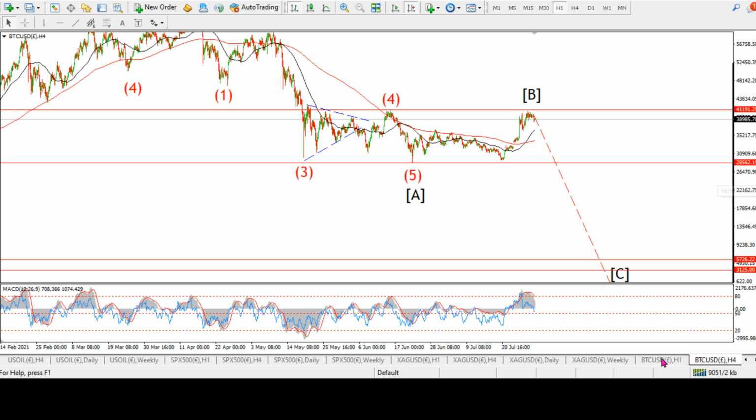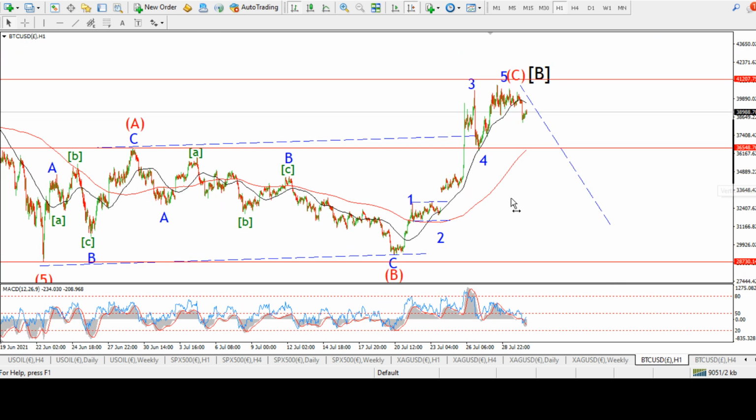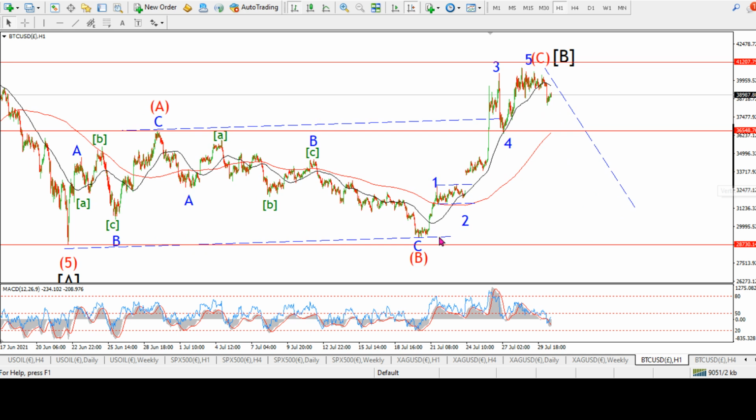I'm going to the hourly count, and we'll see what happened. We were looking at this trend channel here, and if this count was correct, we would fill the trend channel, complete wave C of B. So you can see that we've got 3 waves up in A, 3 waves down in wave B, very convoluted 3 waves down, mind you, but 3 waves down nonetheless in wave B, higher low, draw the trend channel, suggest at least 37,000 or a break of, let's say, 36,550 in wave C, and we have a